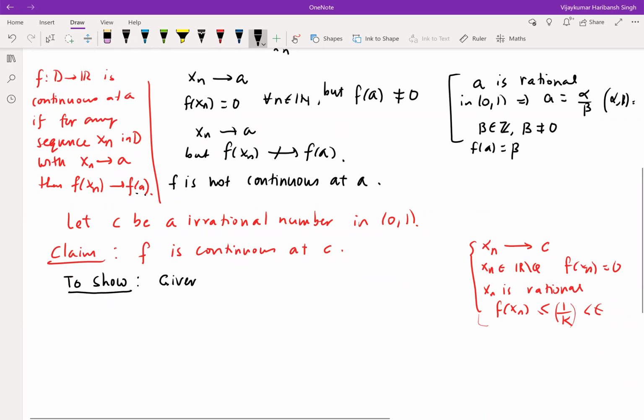given epsilon greater than 0, there exists